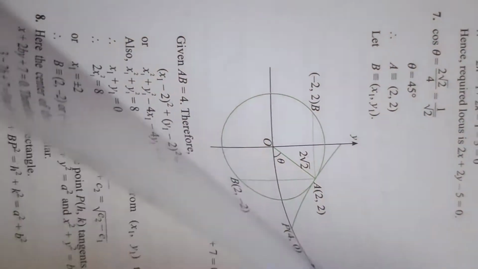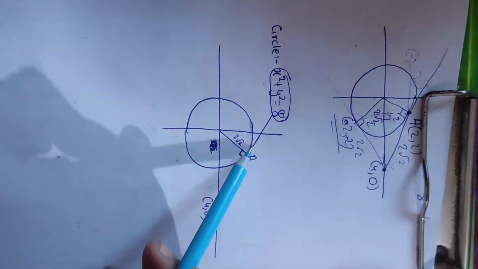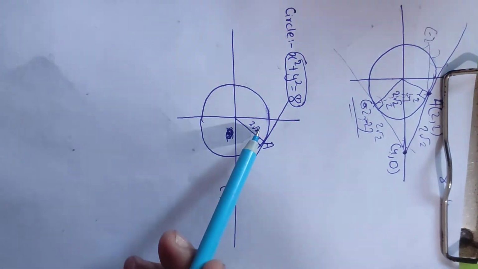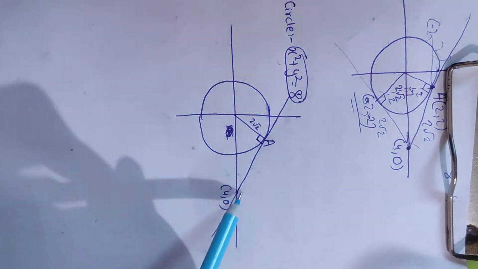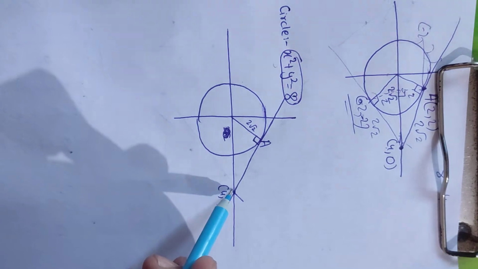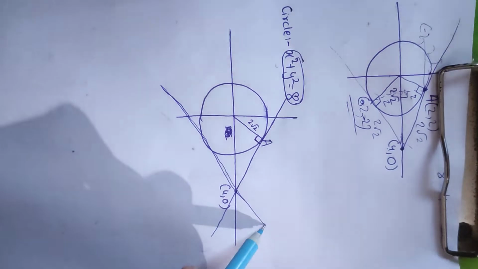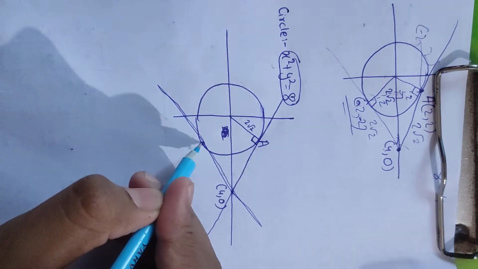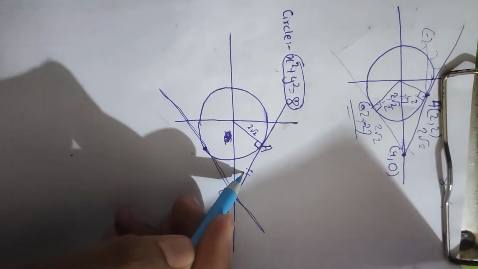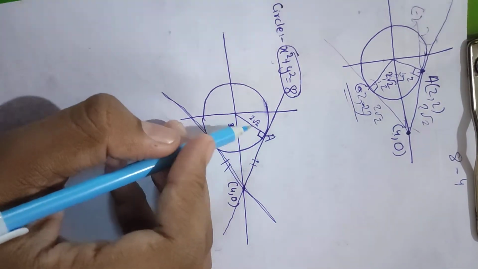So just for the sake of applying other concepts, like thinking in some other way, we can solve this question. As we can see, the circle x square plus y square is equal to 8. We know that it is a circle and its radius will be root 8, that is 2 root 2. The condition I have just drawn here. So what we can do is pass a tangent from here, right? Here it will intersect, and we know by the property of circle that this will be equal to this. Also we can see that this is a right angle triangle.